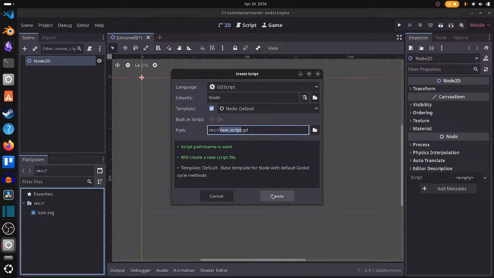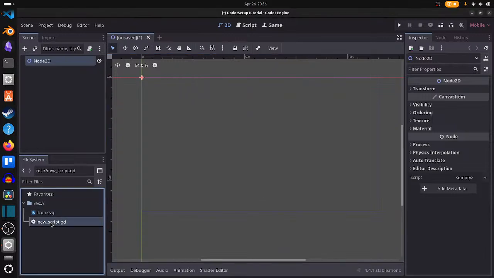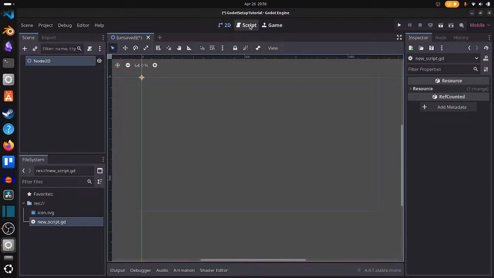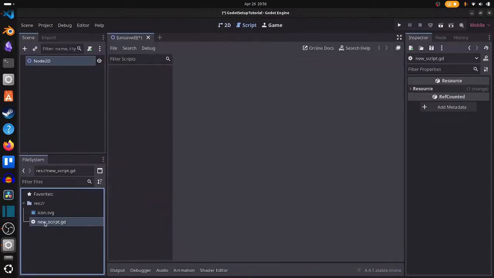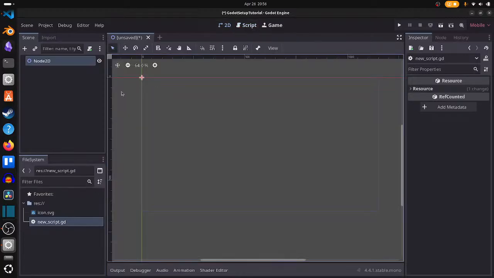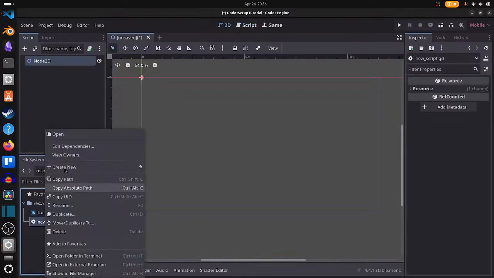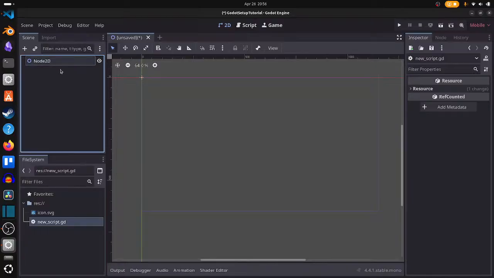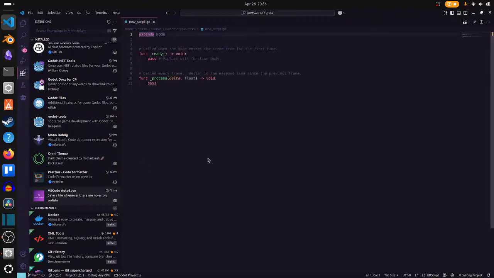This is just for demonstration purposes. So yeah, let's go for that. Well, this is extremely slow. My system is currently being an idiot, but anyways, oh, okay, no, never mind. I forgot I had the external thing enabled. Anyways, as you can see, it's opening up in VS Code